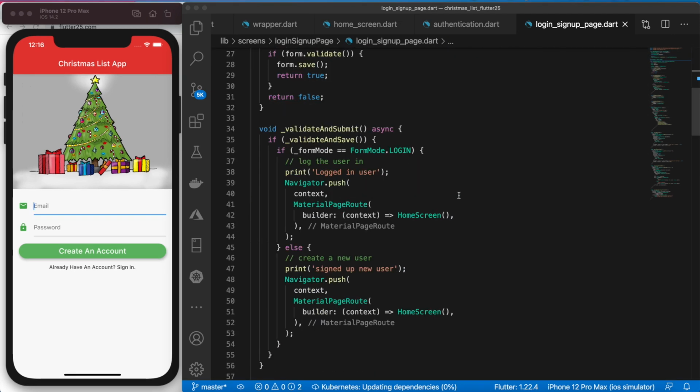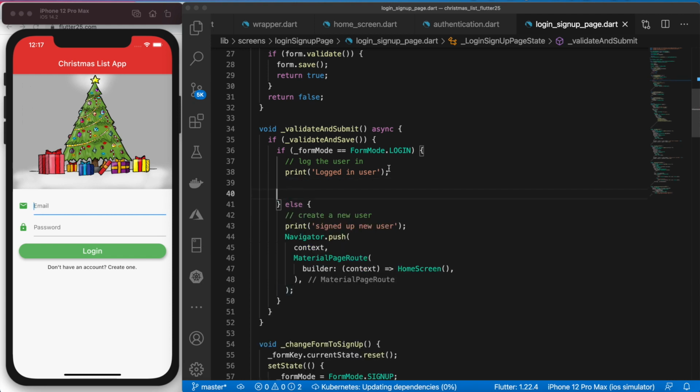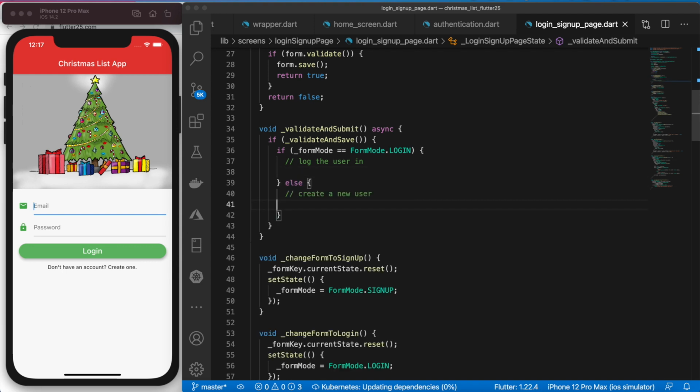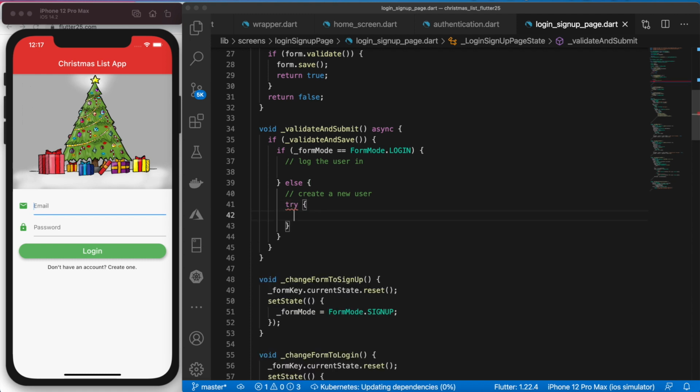So the method we're going to be working in is the validate and submit. So right now, if the user enters an email and a password that's valid and hits create an account or they hit login, we're just simply pushing on the home screen to the navigator without actually logging them in. So let's go ahead and remove both of these. There we go. So now we are not doing anything. So let's first work on creating a new user. But the first thing we're going to want to do is wrap all of this in a try catch